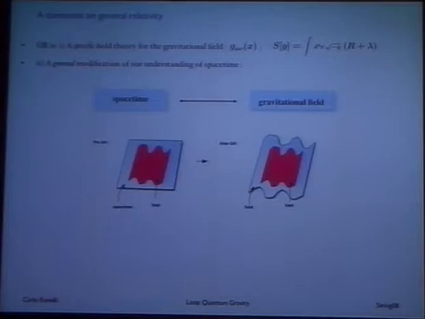However, general relativity is also something else. It's a modification of the way we understand space and time. Of course, the idea, or the discovery, of Einstein is that space-time is the same thing as the gravitational field. I like to say there is no space-time, there is only the gravitational field. So in a sense, we have moved with general relativity from a picture of the world in which the fields live on a given fixed metric manifold to another picture in which the fields live on top of one another.